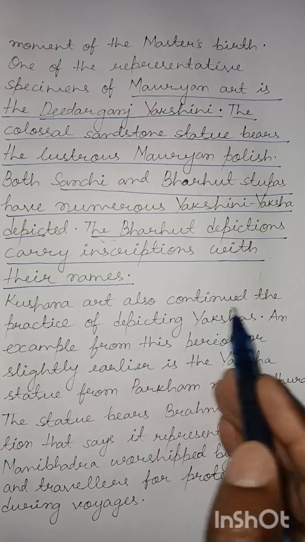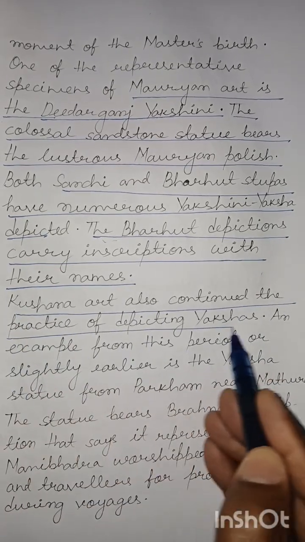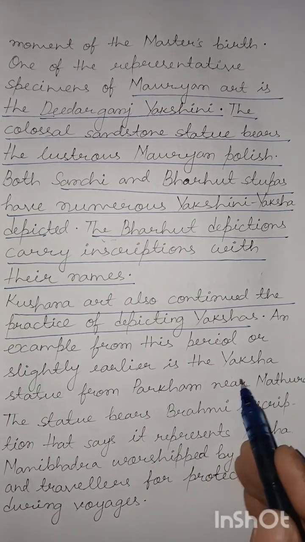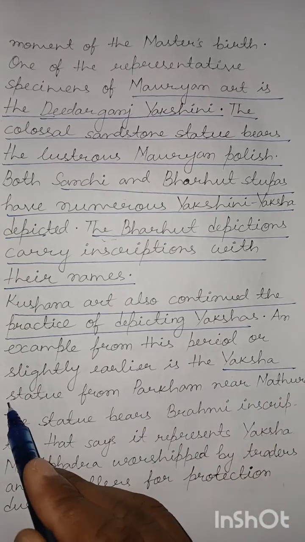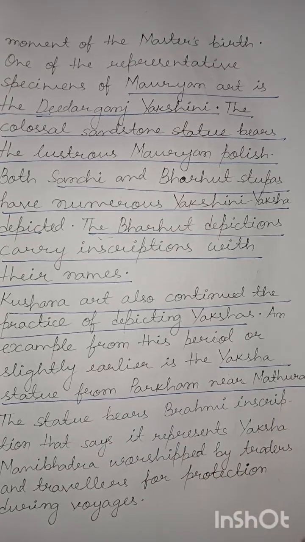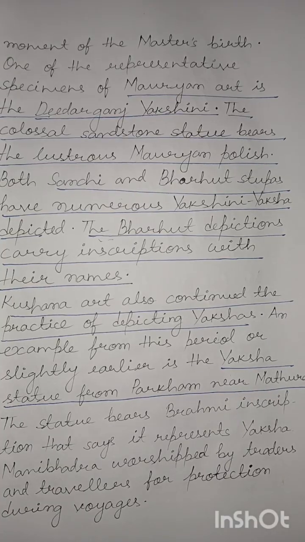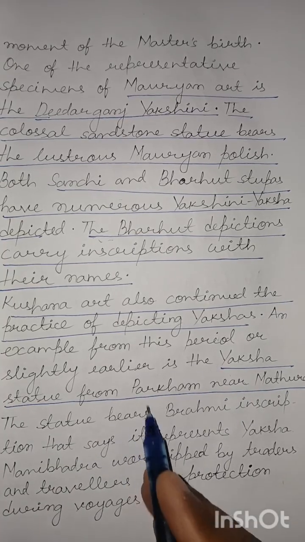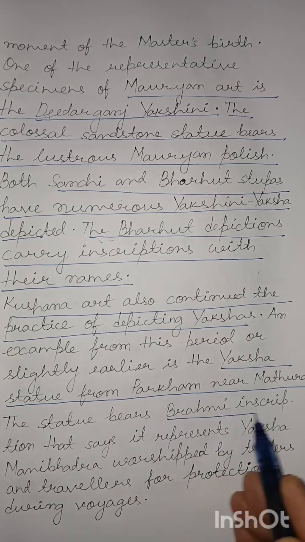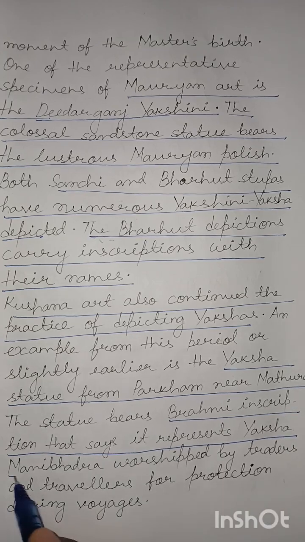Then coming to Kushana art, Kushana art also continued the practice of depicting Yakshas. An example from this period, or maybe slightly earlier, is the Yaksha statue from Parkham near Mathura. Please recall that Mathura art is often associated with the mature period of Kushana art in India. This statue, the Parkham Yaksha statue, bears a Brahmi inscription that says it represents Yaksha Manibhadra, who